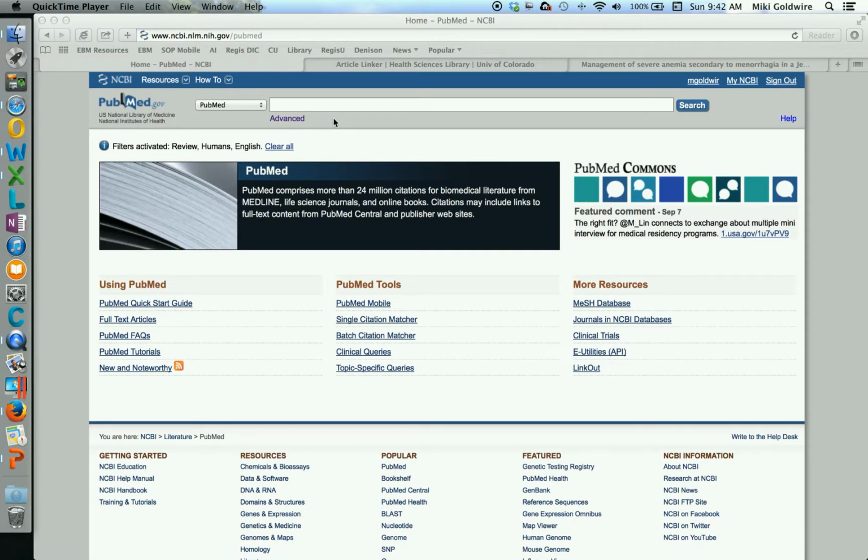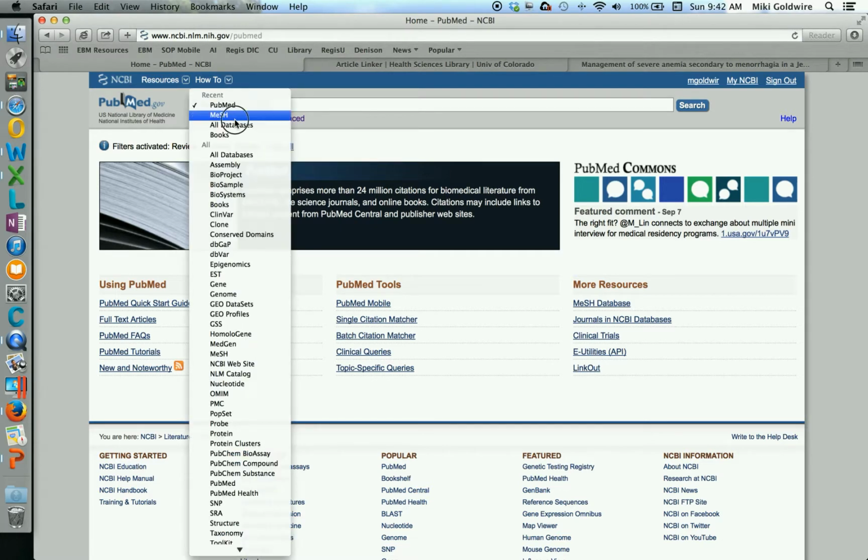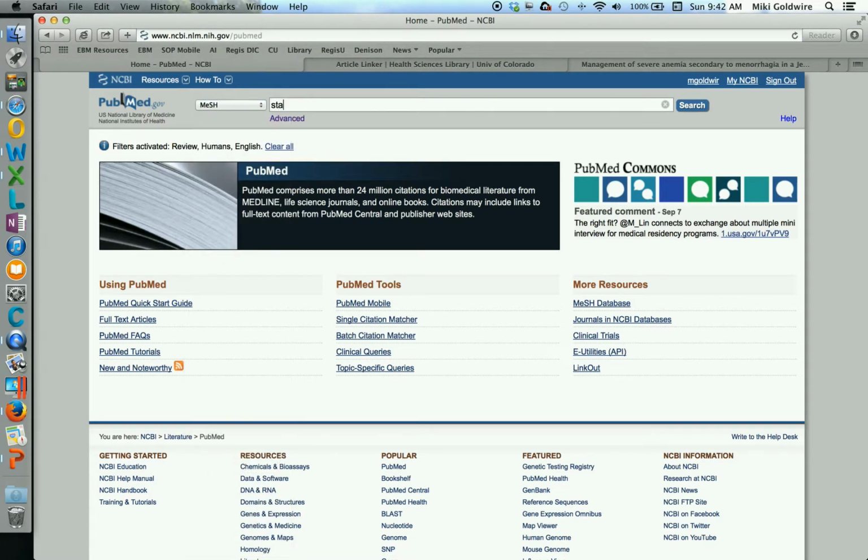So in another example, let's say you're working in the hospital and a physician calls and wants to know what literature is available to support the use of statins in the treatment of Alzheimer's disease. What information can you provide? Again, I would suggest going to the MeSH database. You can type in statins,